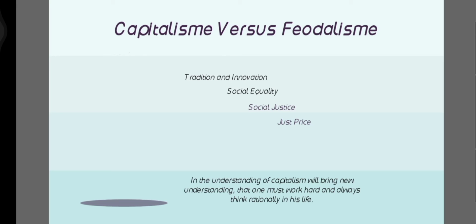Feudalism stressed tradition. Capitalism was not traditional. In feudalism, there was social equality within a social class but not across classes. Capitalism did not stress equality. The child of an innkeeper had the same opportunity as the child of a baron to be successful at work. Capitalism stressed equality of full opportunity.